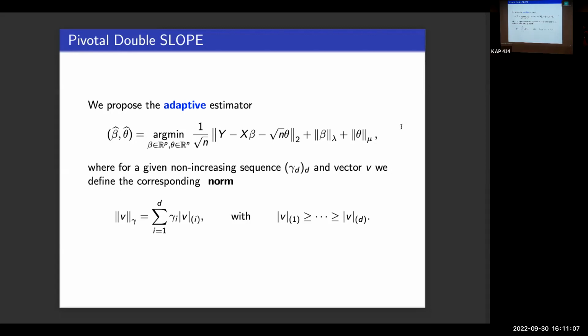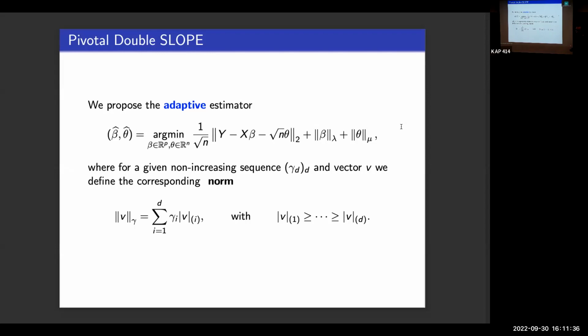It's not exactly the equivalent of ISTA, where you compute the gradient and then threshold one by one. No, I think it's a little bit more complicated than that, but it's still something that you can project. I don't know exactly what the projection would be here, but as far as I'm concerned, I know that this is something you can compute efficiently.